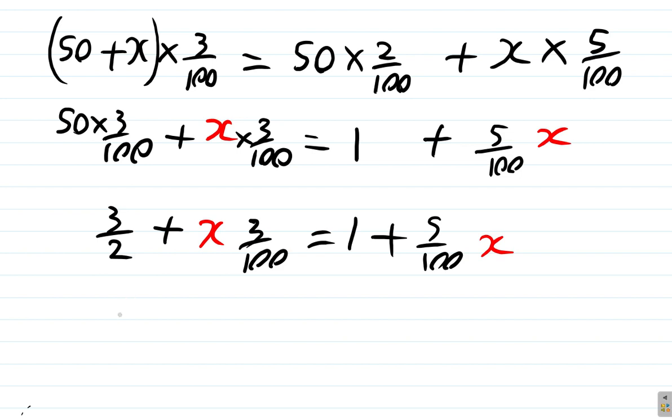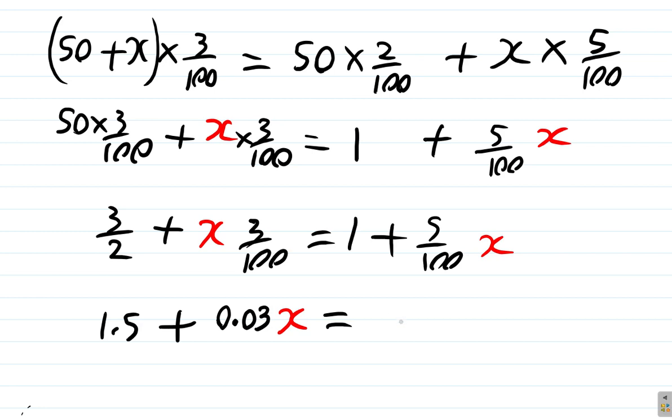3 out of 2 is what? Well, 3 over 2, that's 1.5. Plus 3 out of 100 is what? In decimal, if you divide 100 by 100, move the point 3 places to the left, you get 1. You must do it here too. So you're going to get a point and 0, and 1 0 in front of the 3. So it's 0.03, but you put a 0 in front of this. So you get 0.03 times x